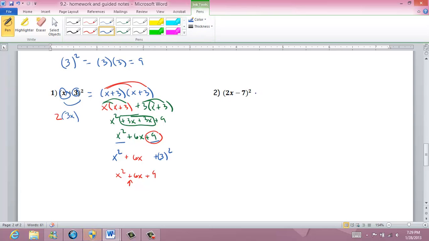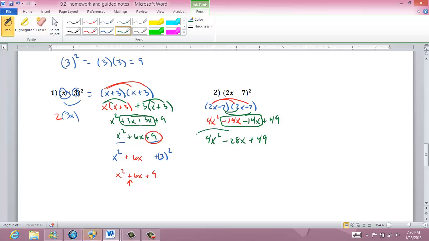If I was to do this the long way, I would have to write this out as 2x minus 7 times 2x minus 7. So I go ahead, I do my distributions. 2x times 2x, 4x squared. 2x times negative 7, negative 14x. Then, negative 7 times 2x, negative 14x. And negative 7 times negative 7 is positive 49. And now, when I combine like terms inside, 4x squared minus 28x plus 49 would be what we get